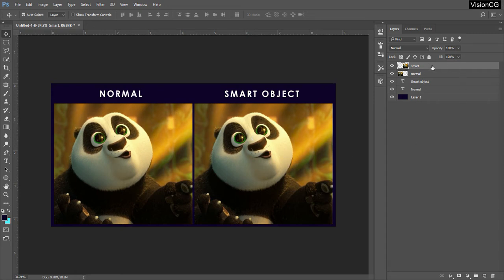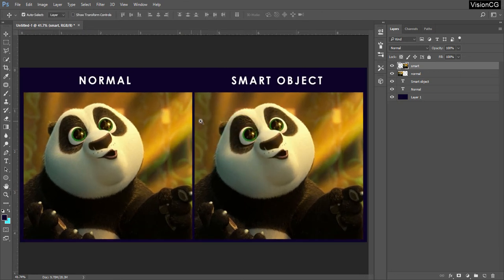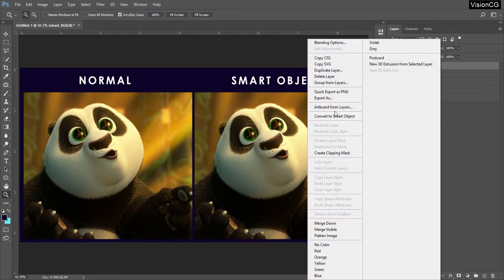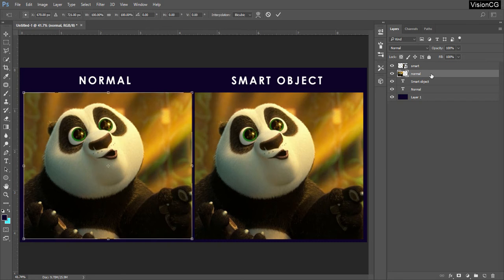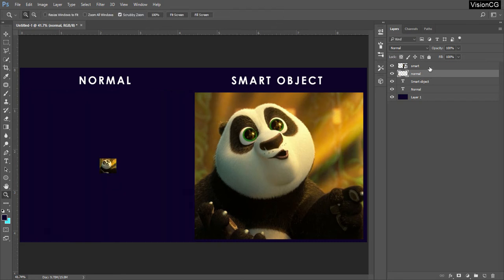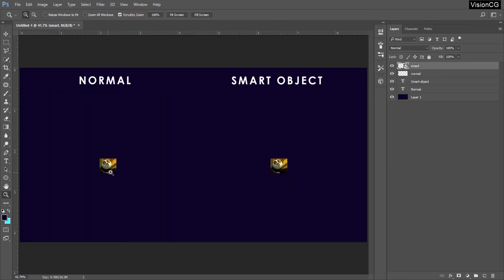Both the images are the same. I'm going to convert this layer into a smart object. Just zooming in a bit so that you can see it properly. Right click, convert to smart object. And now I'll scale down both the images to 10%. You can see that when I scale down the normal image, the new size is registered as 100%. And what happens if you scale any image more than its 100%? It will be pixelated or blurred, right? So if we scale it up again,